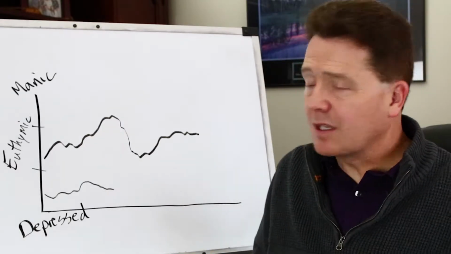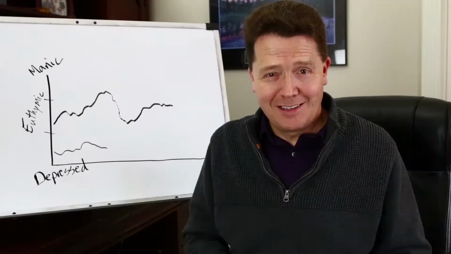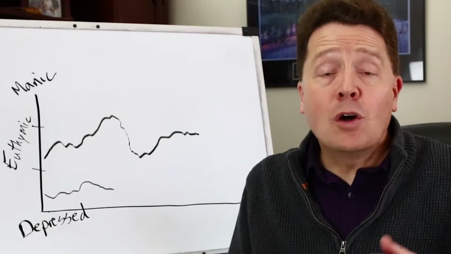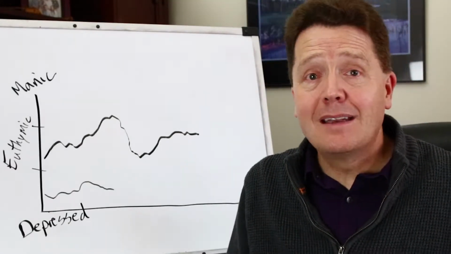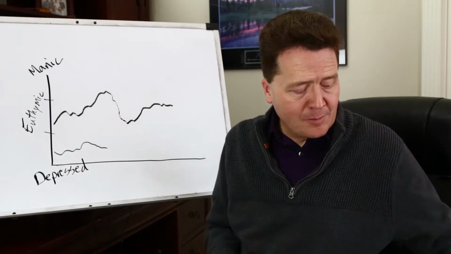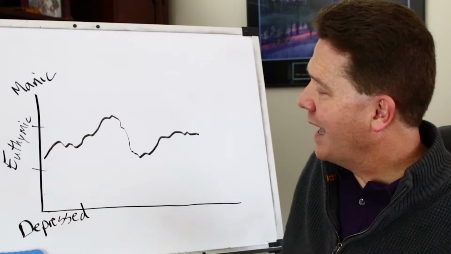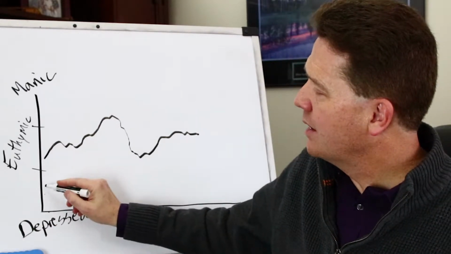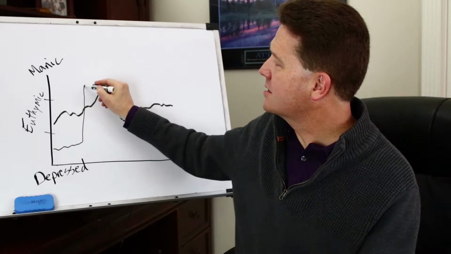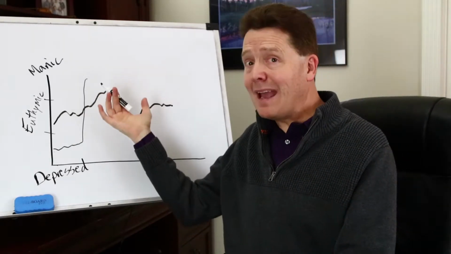Now, there's also something that we might call bipolar depression. You're familiar with that term. It's actually a clinical diagnosis. The old term was manic depression. Okay, are those words sounding familiar from what we've talked about here? In a bipolar condition, we have the depressed mood usually for most of the time, and then there will occasionally be a spike up here, not to normal, but to the manic side.